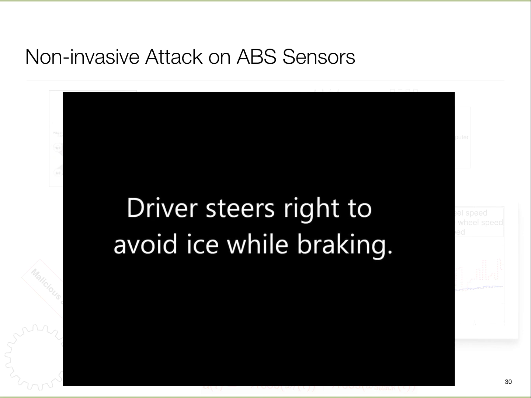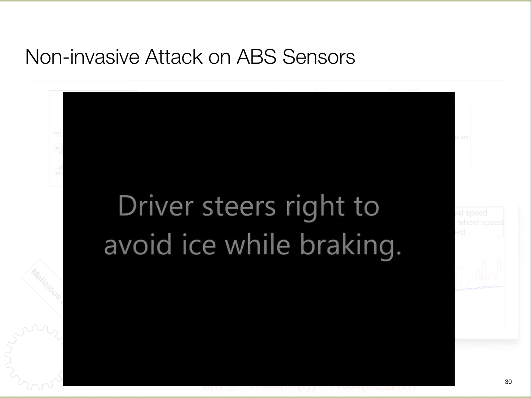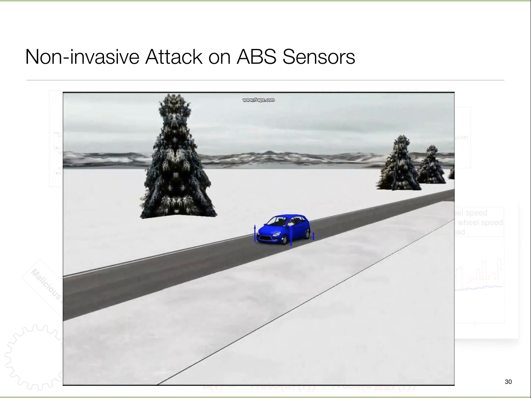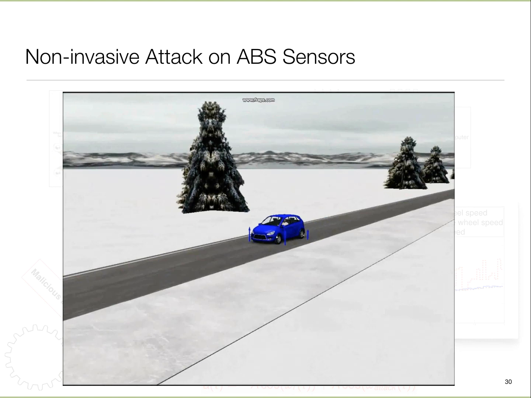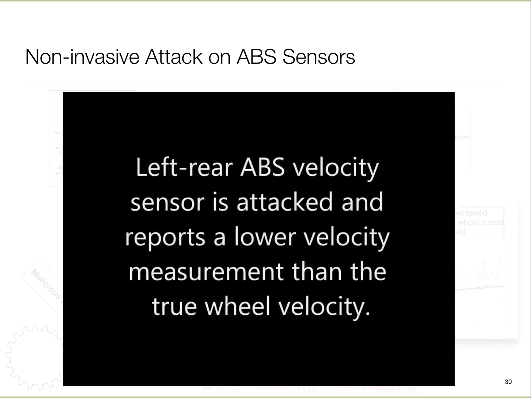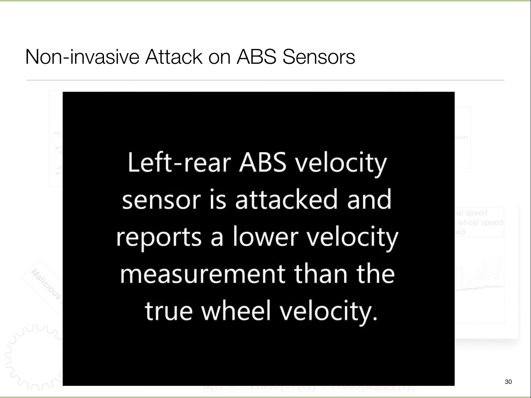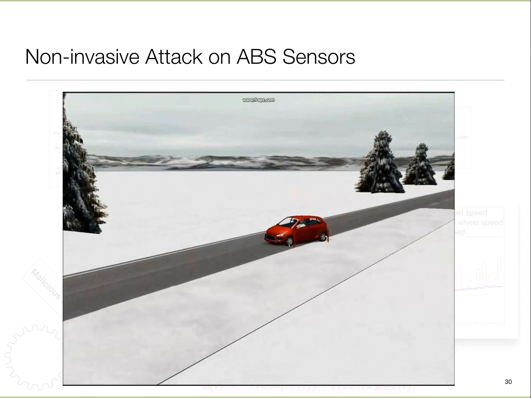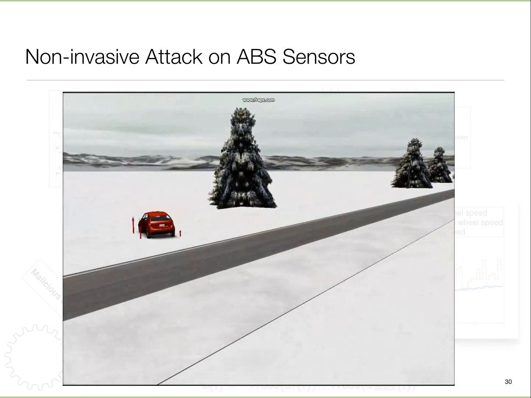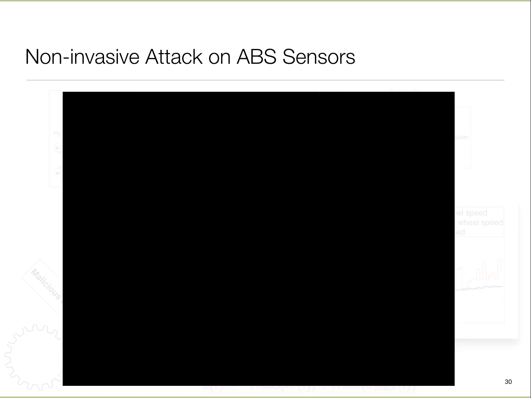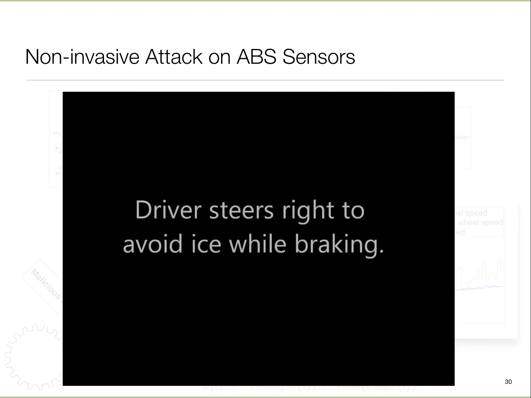So in this case, this is using an industrial simulator. What you see is that the car encounters an obstacle and all that works fine. But in the second case, we are going to attack it with the same control system, and what you see is that you lose control. Okay, so that's an example of how you can non-invasively manipulate the sensing signal.